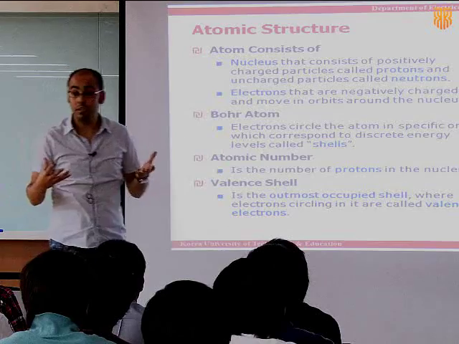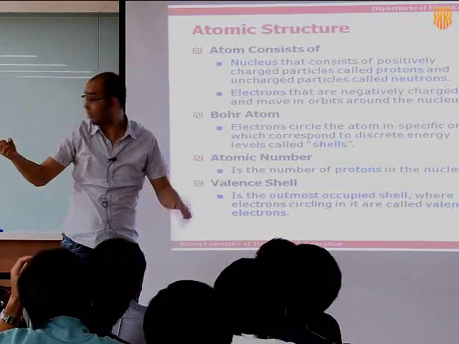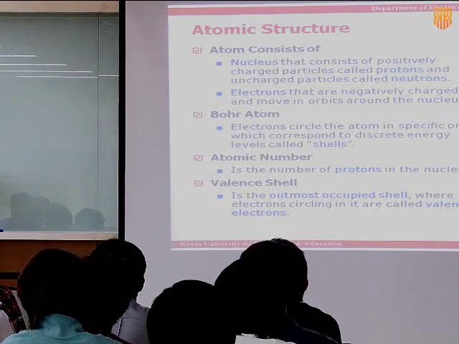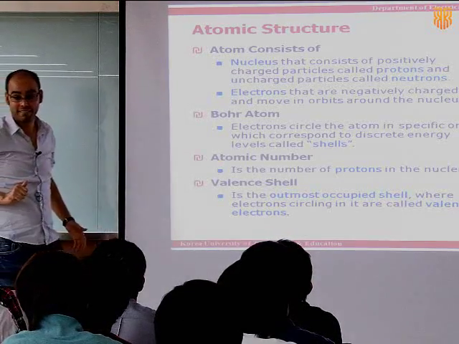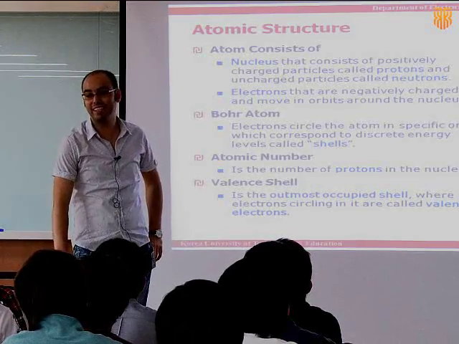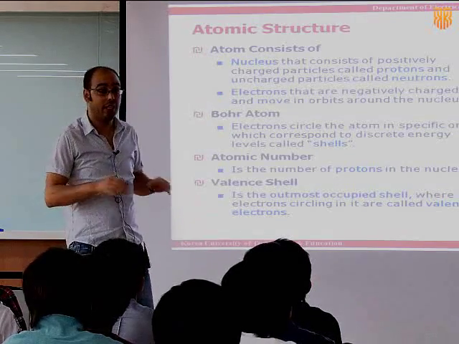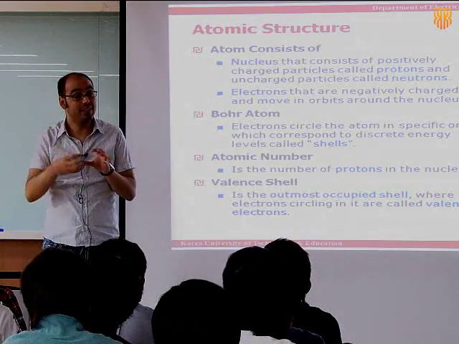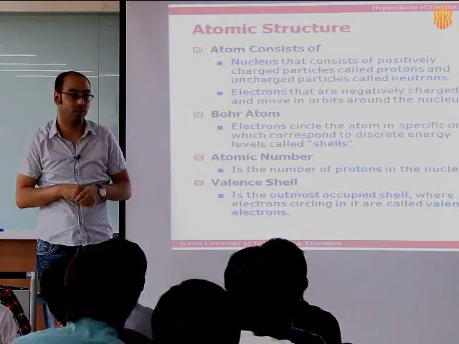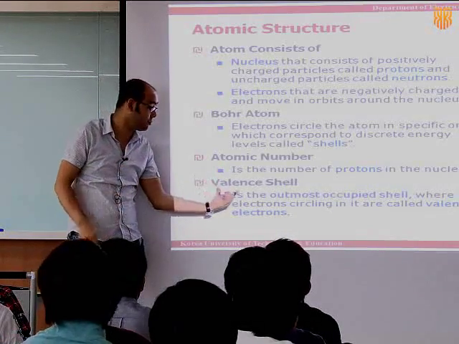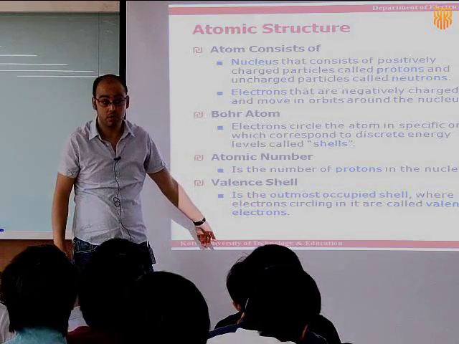So if we want to take one electron, from where can we take it? From the first shell, second shell, or the last shell? The last shell. Why? Exactly. Did you study before? That's a good guy. It is because for the last shell, we need less energy to take it out. So you start with the outside electrons. The electrons which exist in the last shell, we call them valence electrons.